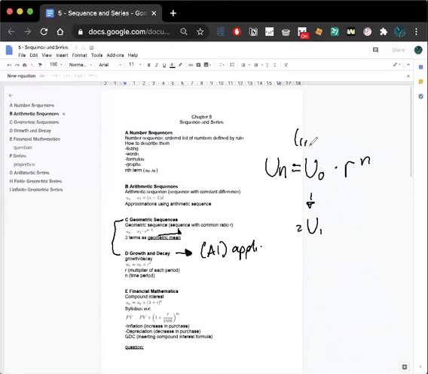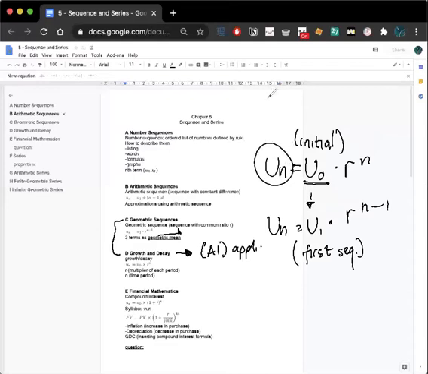This one means initial. This one means first sequence. If you think about it, it's the same thing, but just different interpretations, because one has to be real life applications, and the other one is just a sequence term. But the difference with both of these is that one has n minus 1 and one has n. And that's because usually if you count this growth,